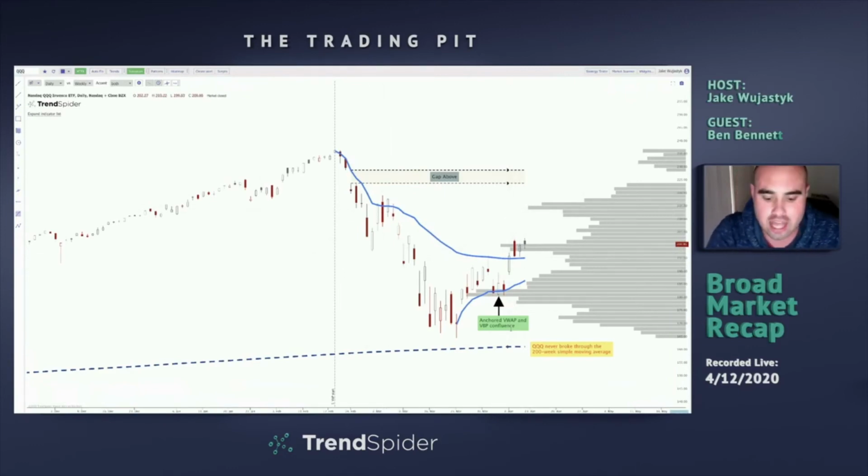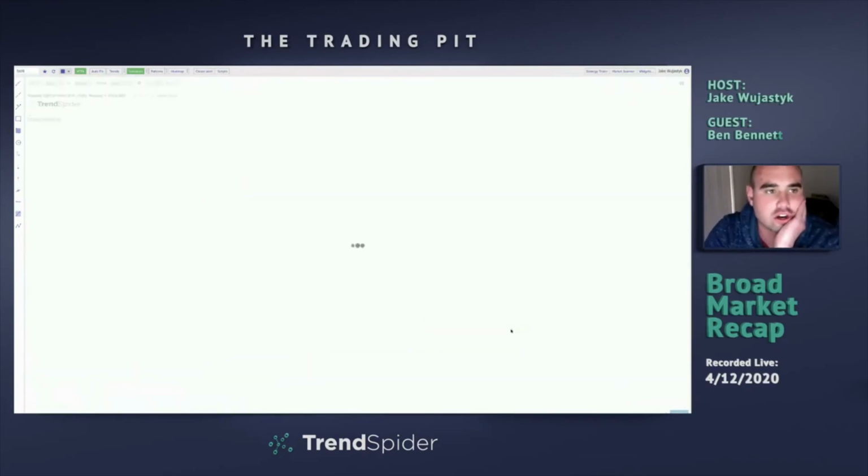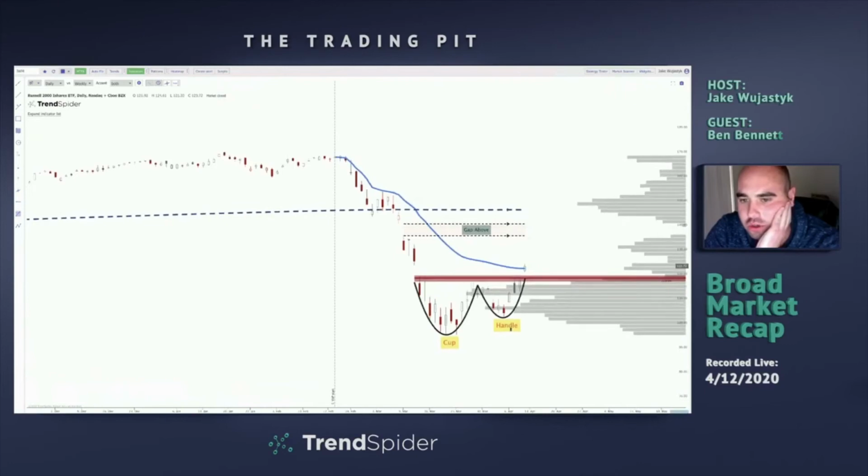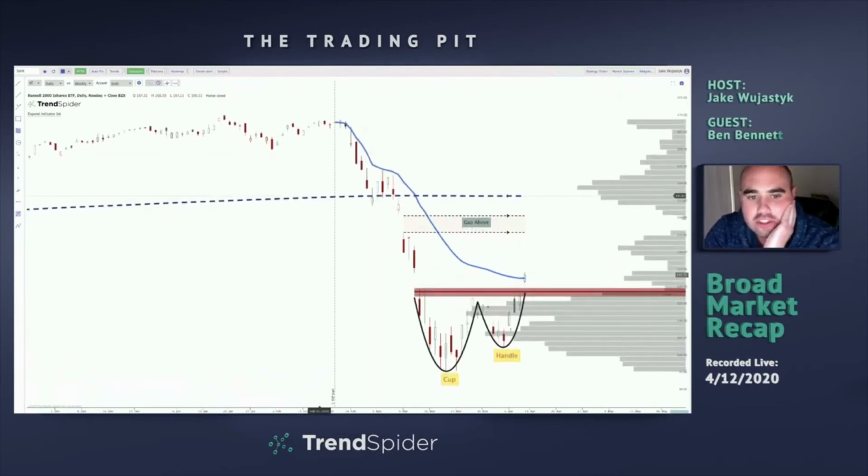So the last one that I'm going to go over on the daily chart is IWM. I want to mention here on IWM something similar that I did on the Qs. We do have that big gap above, very similar to the Qs. Notice here, if we're looking at the 200-week SMA, we broke that baby the first week of March, whereas we didn't even break it on the Qs and we barely broke it on SPY. So you can just see how much more sensitive IWM was to this sell-off relative to the longer-term moving averages than SPY and the Qs.